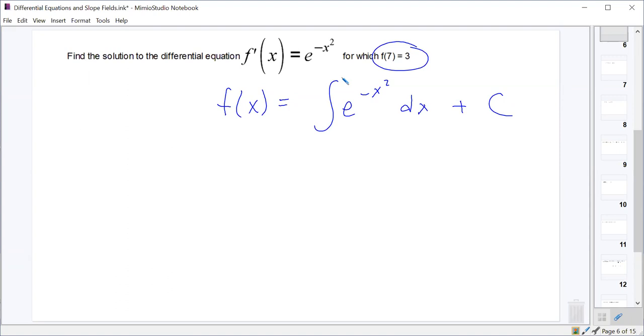And this develops a small problem here, because this is not really very helpful. We want a specific function where we actually have the constant. And so we're going to use this information here to develop a lower limit and an upper limit for this function, so that if we plugged it in, we would be able to find out what that constant is. And so normally when we did all of these integrals and we went from a lower limit to an upper limit, back when we were doing the fundamental theorem of calculus,